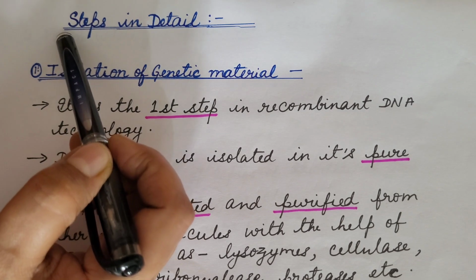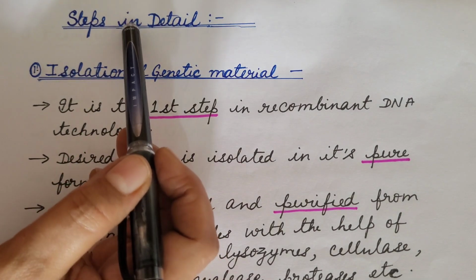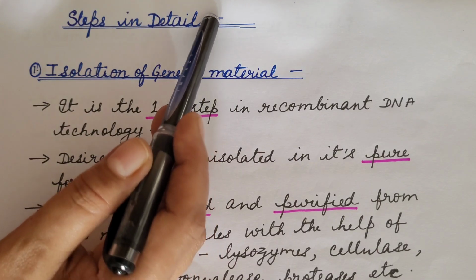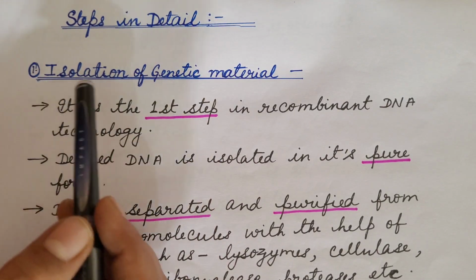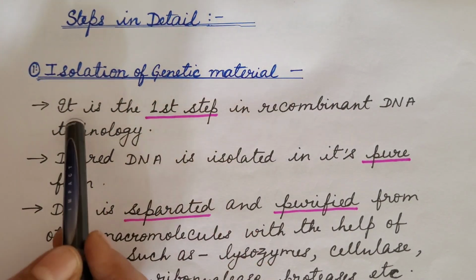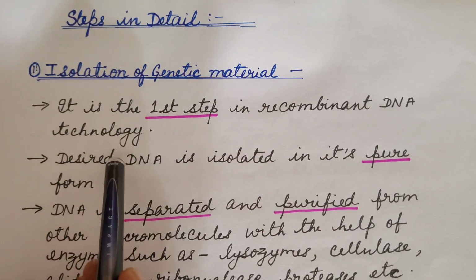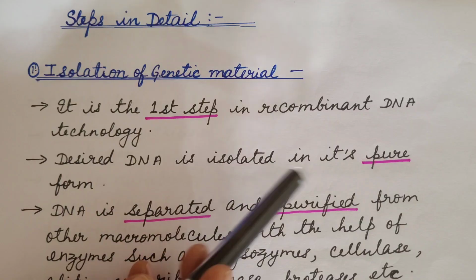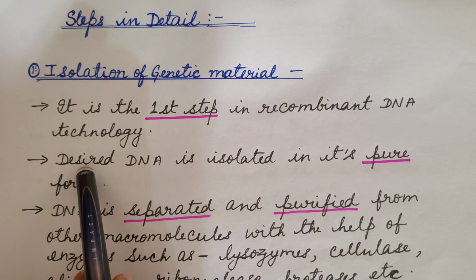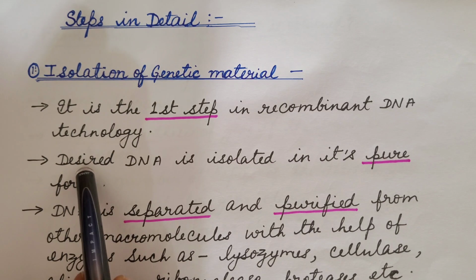Now let us discuss the steps involved in recombinant DNA technology in detail. First is isolation of genetic material. It is the first step in recombinant DNA technology. Desired DNA is isolated in its pure form, that is DNA which is free from other macromolecules like carbohydrate, protein, RNA,